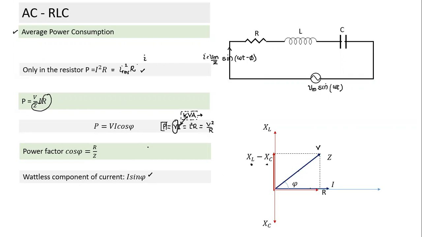So this is the part we have done. It's like a superset of the other two things. Whatever we have done, can we apply it in the case of an RL circuit? Suppose it was only an RL circuit, the capacitor was not there. Will phi still exist in that case? Will power factor still exist if it is only an RL circuit? Can we apply what we have done here for an RLC circuit to an RL circuit alone? All we need to do is make XC equal to 0. It becomes an RL circuit. So in Z, this will not be XL minus XC, this will become XL. Whatever we have done here is also valid for the other two combinations we did before.